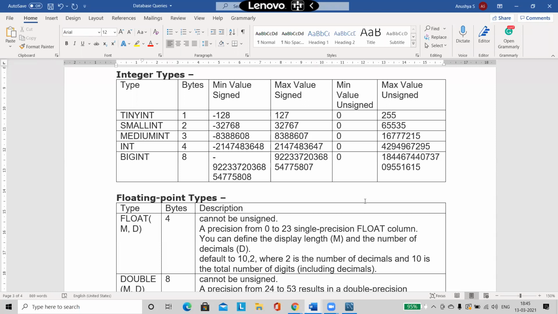For that, tiny int is not enough. I need some very big number, so I will require something like big int. Based on your requirement, you will choose your data type. So to store whole numbers, these are the different options you have: tiny int, small int, medium int and